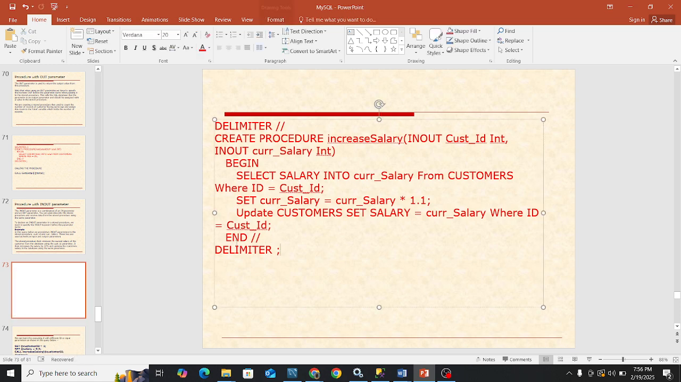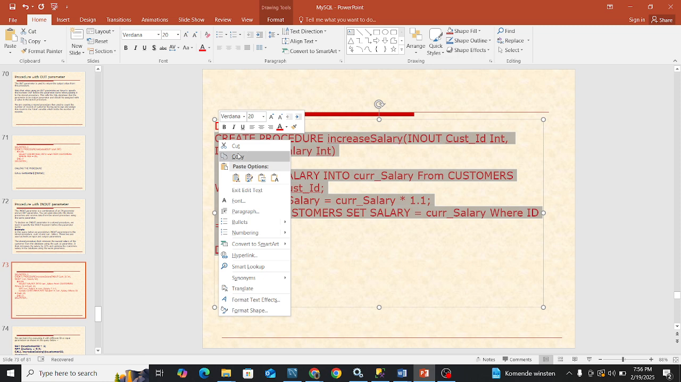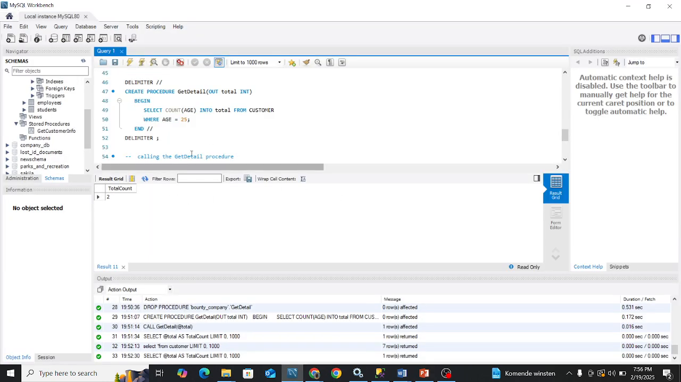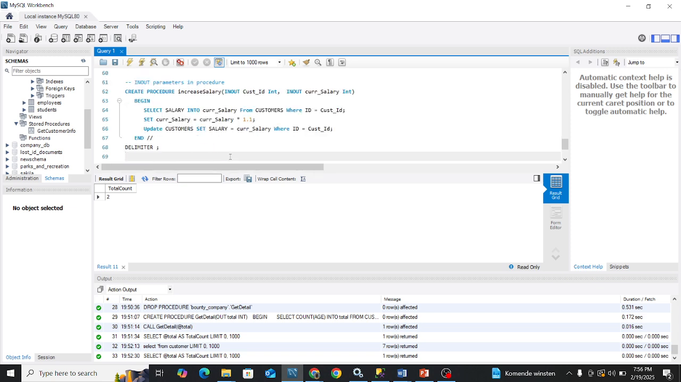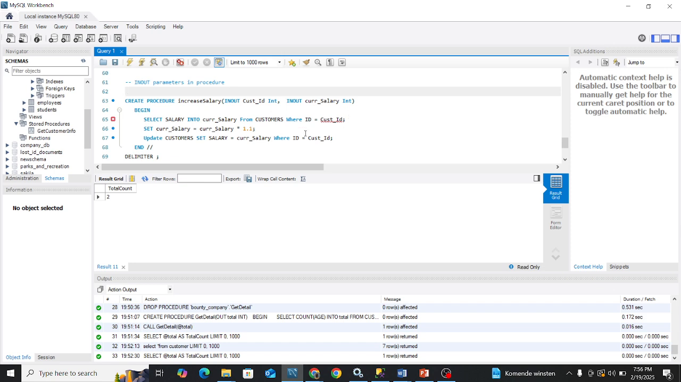So I think you can just copy these very fast and see it in action. So in here we can have the in out parameters in procedure. So let's put that comment, and then we paste this here. But we need to do some things here,